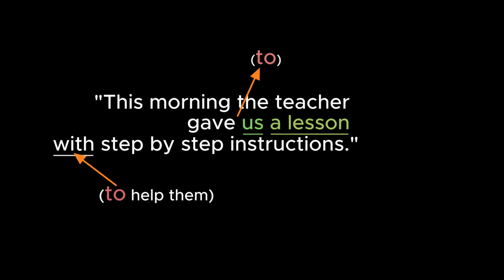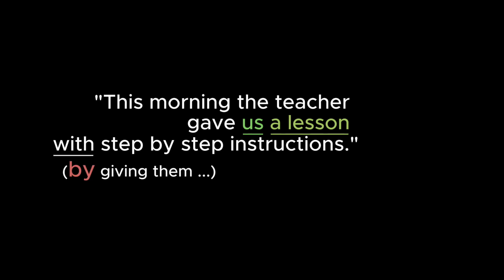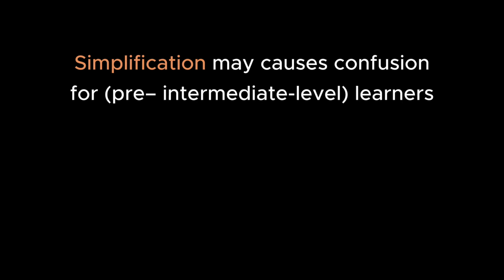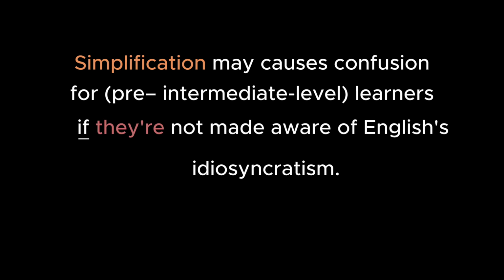Note that my replacing "by giving them" with "with", though it is less wordy, risks introducing ambiguity in most other contexts, and so one needs to be aware of the alternatives for avoiding possible ambiguity. And so, knowing such alternatives actually helps with the learning process. We saw in Parts 7 and 14 that simplification is a factor that causes confusion for pre-intermediate level learners of English if they are not made aware of just how idiosyncratic syntax, among other factors, is, insofar as a particle like